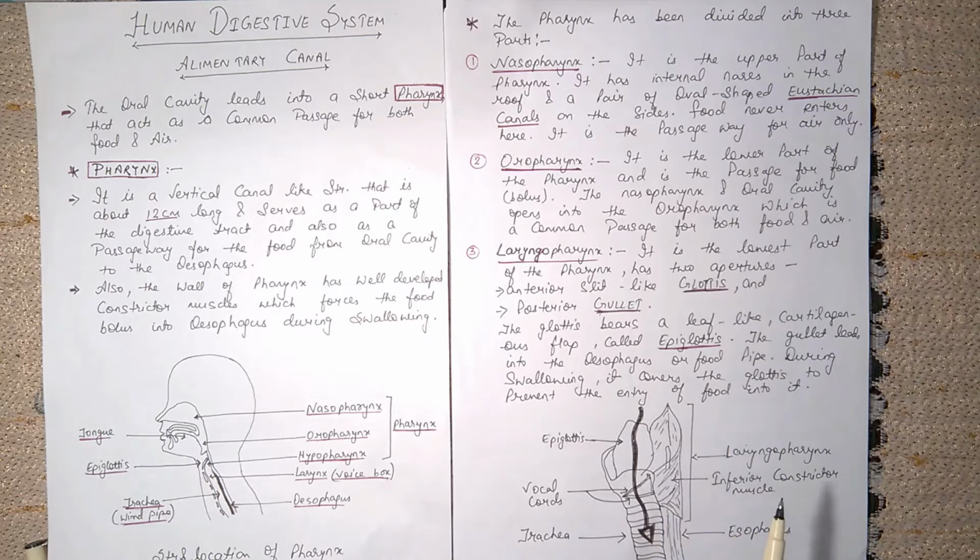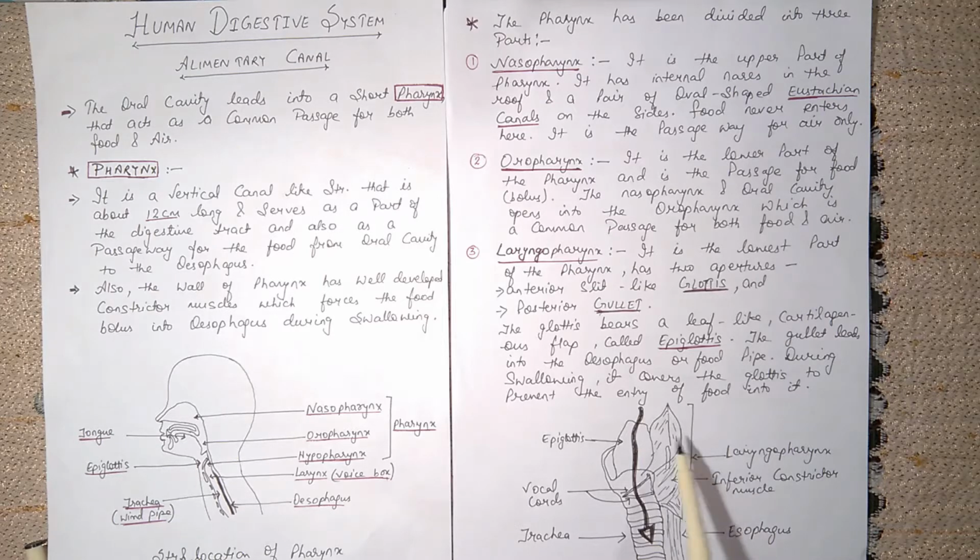As you all know, the food pipe, the esophagus, and the windpipe, that is the trachea, run parallel and open at the same portion of the pharynx. So the chance of food entering the windpipe during swallowing is present there. So to prevent the obstruction, a cartilaginous flap, as I've already mentioned, is present here, that is known as the epiglottis.